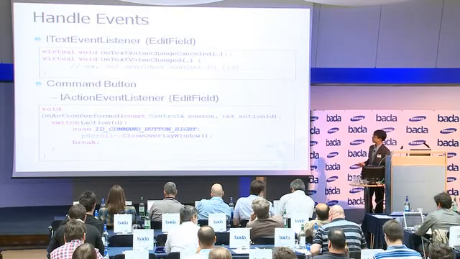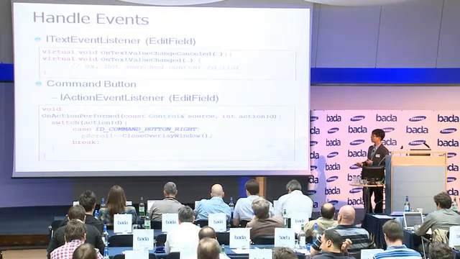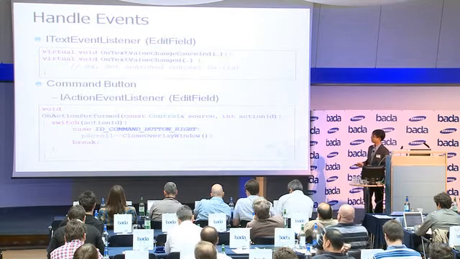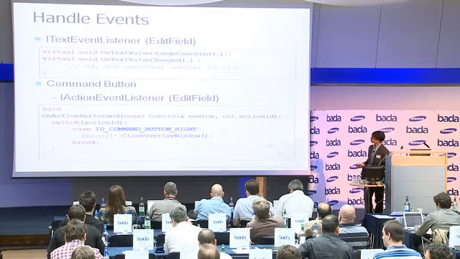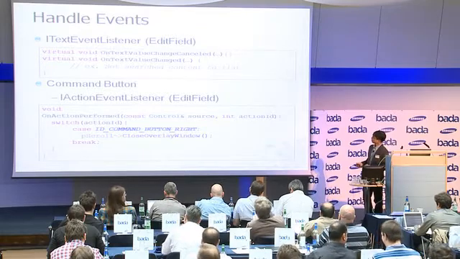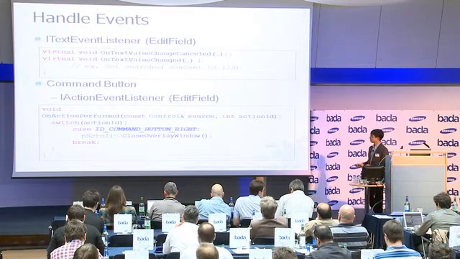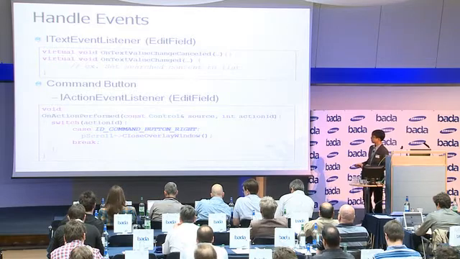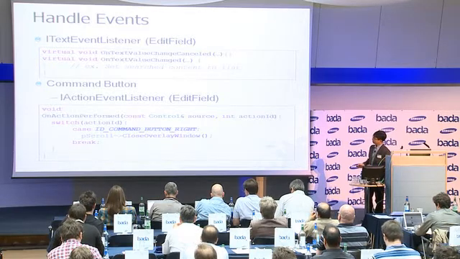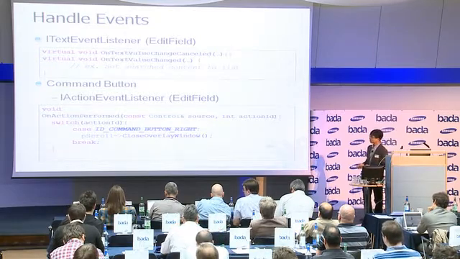The command button handling is done through the action event listener, and this is the same type that's used for buttons, soft keys. Most of those actions share this type of listener. So I can listen for, in this case, the right button, the action ID that I've assigned for the right command button. And here I choose to close the keypad. So to this scroll panel, there's this method, close overlay window, which closes any keypad